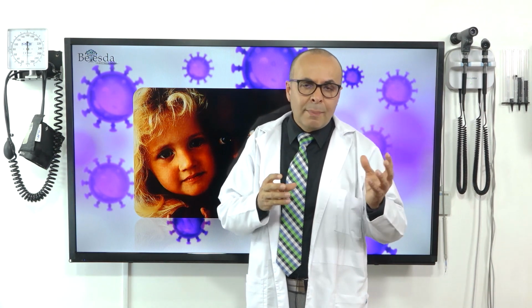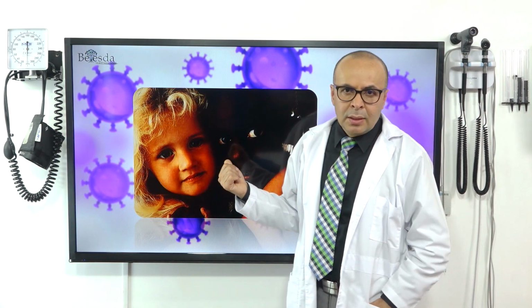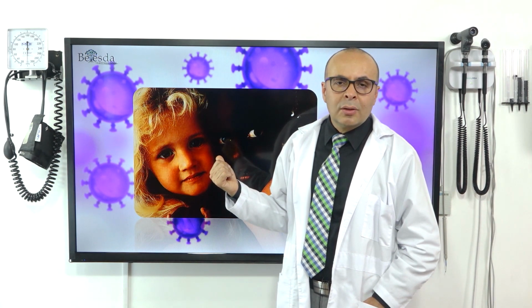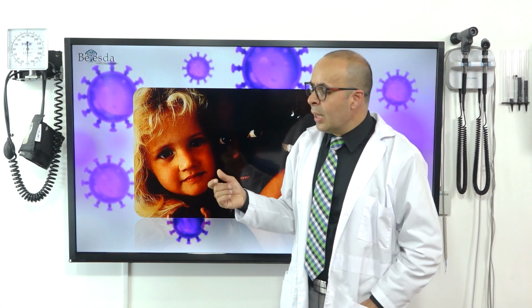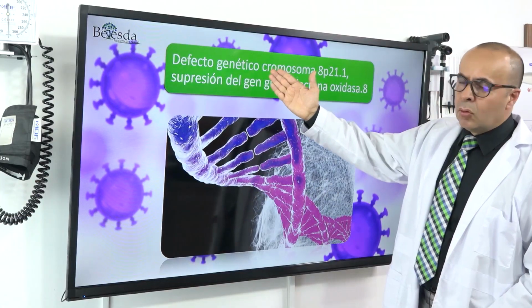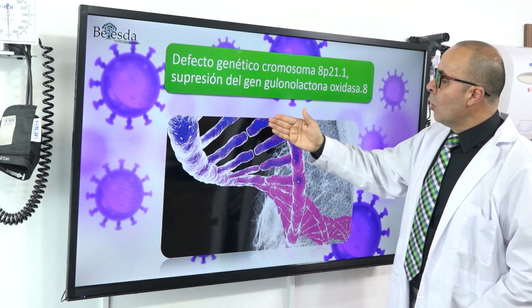The body can form ascorbic acid in animals since they have an enzyme called gulonolactone oxidase, which is an enzyme that allows vitamin C to be produced apart from sugar. But your skin color doesn't matter, and you don't make gulonolactone oxidase. It doesn't matter where you live, you just don't produce it. The totality of the human race is born with a genetic defect located on the chromosome 8p21.1 with the suppression gene of